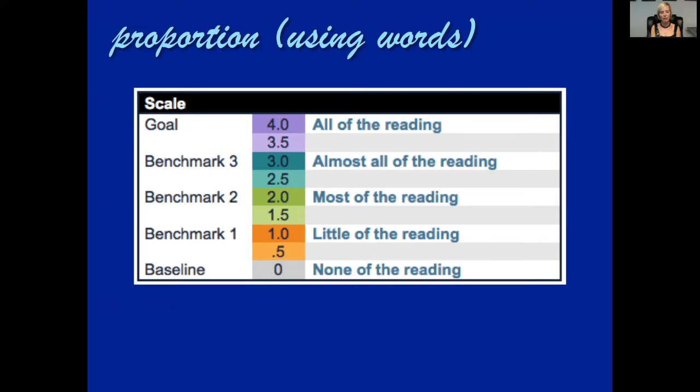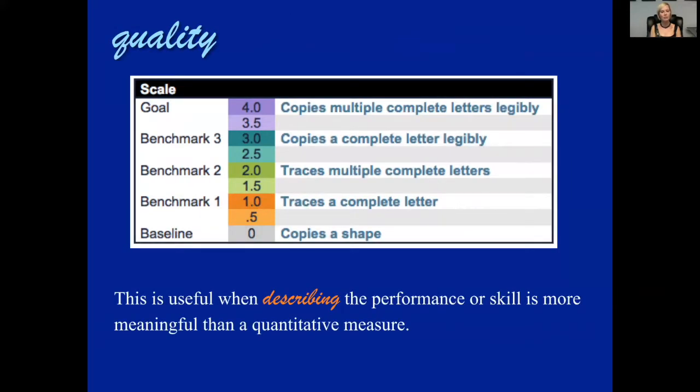And it may be that our goal is that the student uses intonation to read the entire passage. And then we can have descriptions of the intermediary steps for our 1, 2, and 3. Quality. So sometimes describing how the student is performing is more meaningful than giving any type of count, and using a quality description may be most useful. And so much like we did with proportion and level of independence, we can talk about the quality of a